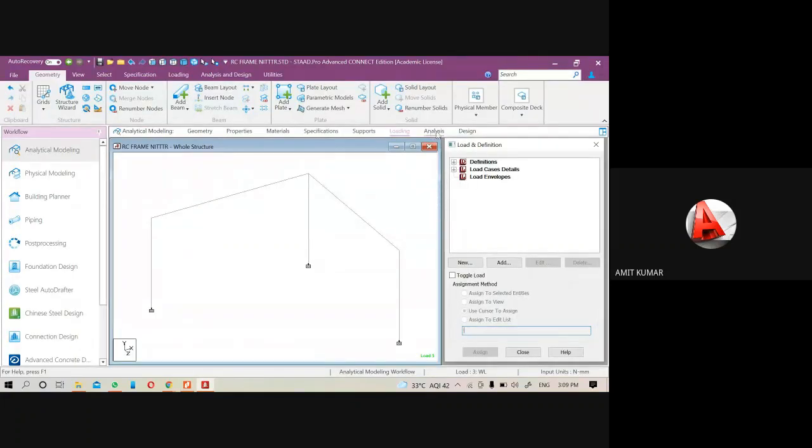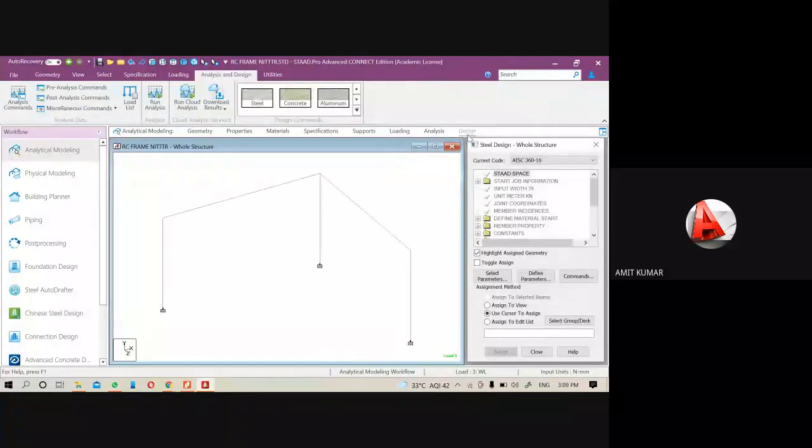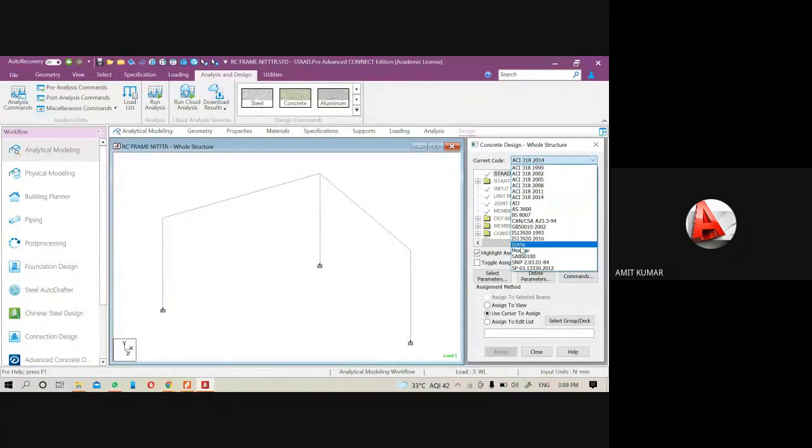So come to the design option that you will get at the last topic under the analysis and design. Here we have an option concrete design. So we can click on the concrete design. Then select the Indian design code, that is the IS 456. Then come to define parameters.